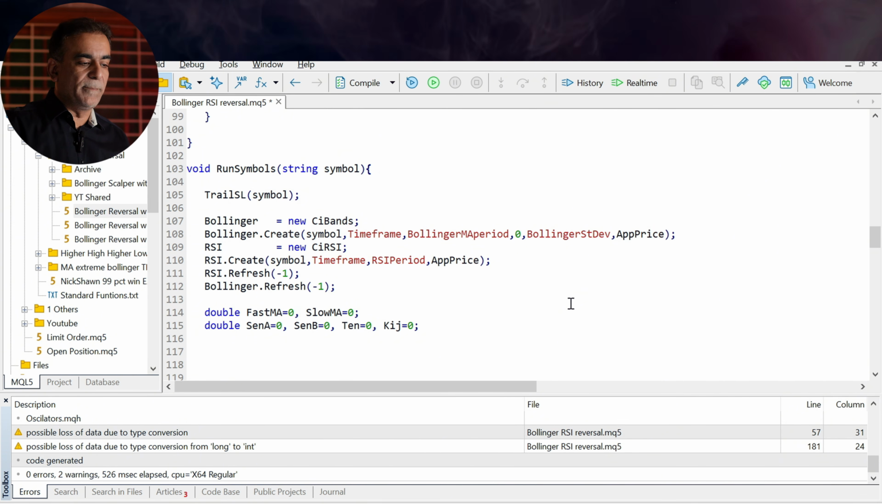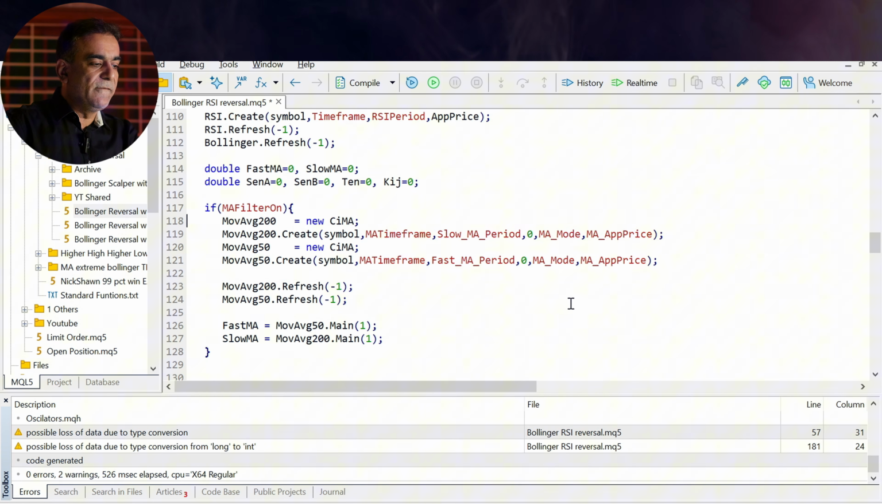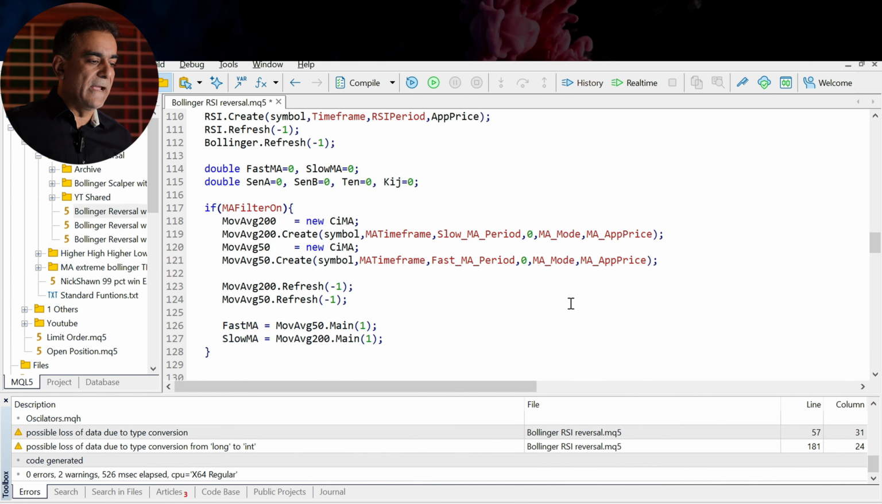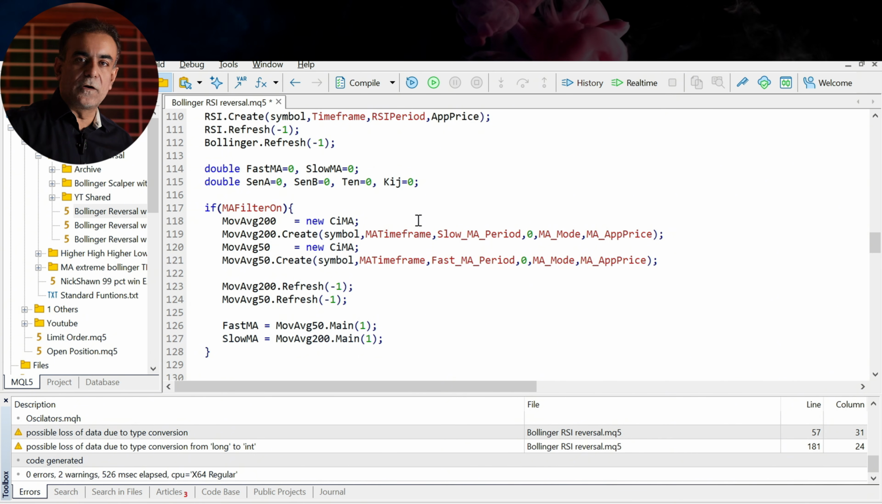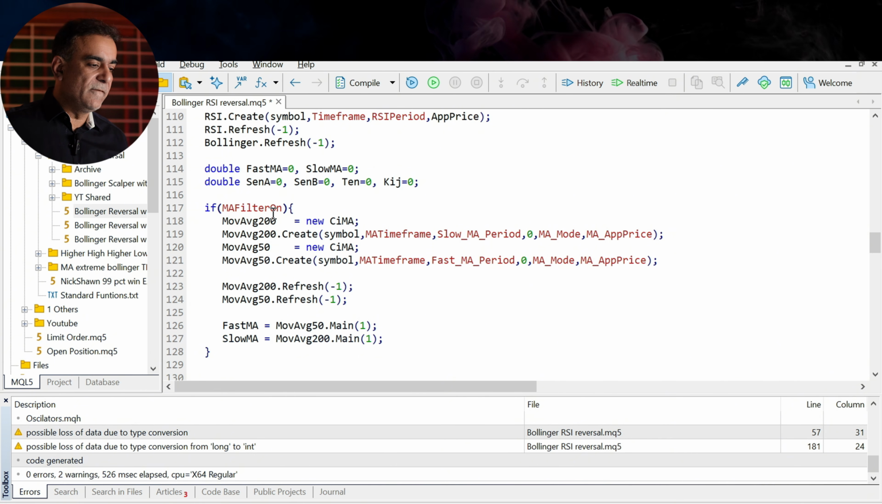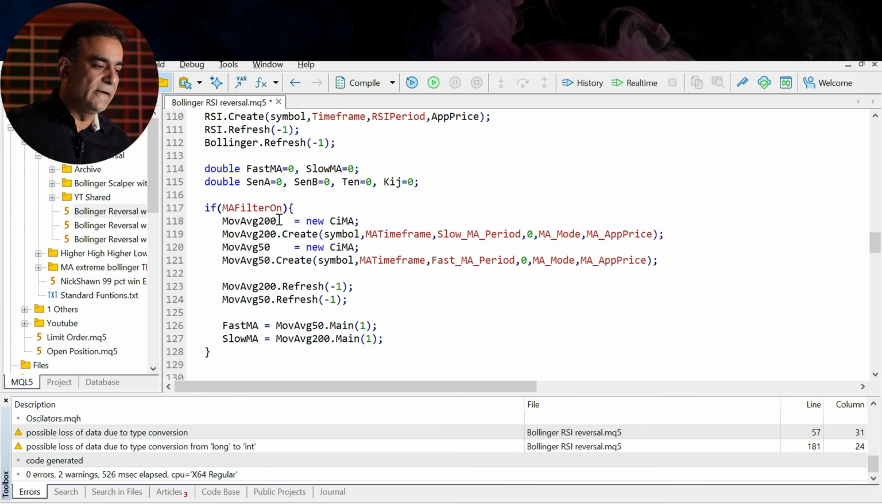And then Senko span A, Senko span B values, Tenkan-sen value, and the Kijun-sen value, because these are the 4 values that we're going to need for the filter, and assign it the value of 0 for now. Then we say that if the MA filter is on, and you can write this like this, but if you just leave it like if MA filter on, then the default way of MQL checking it is checking for a true value. So if the MA filter on value is true, so the user has selected it,